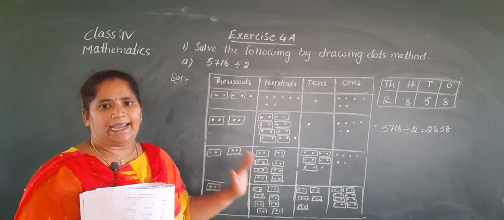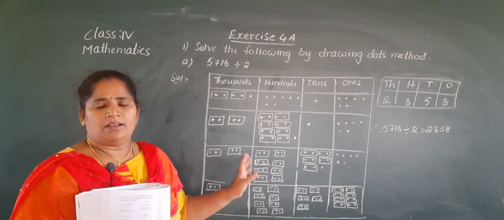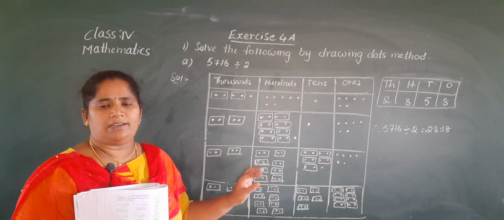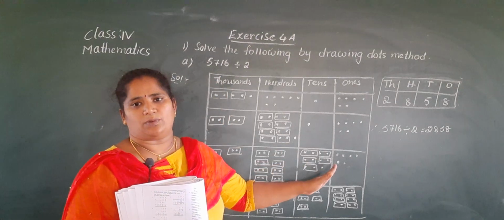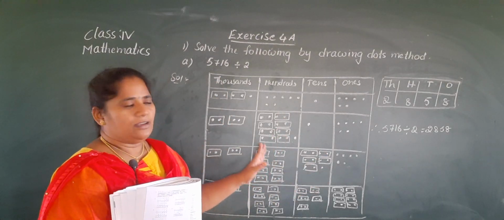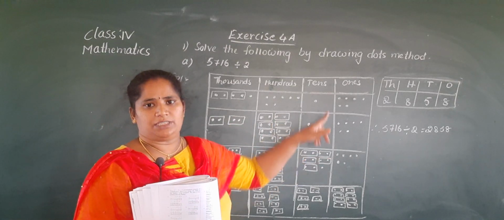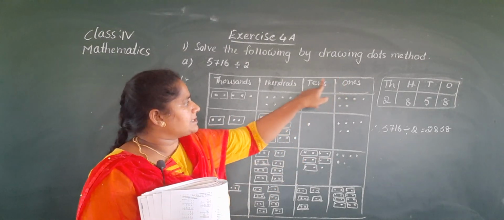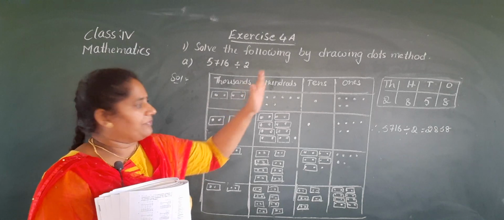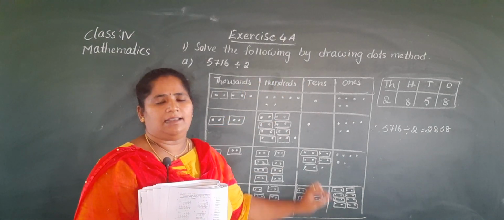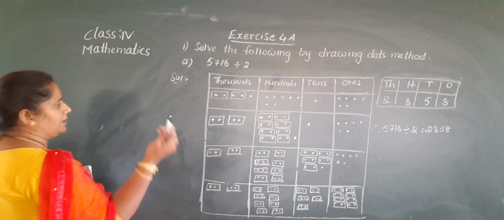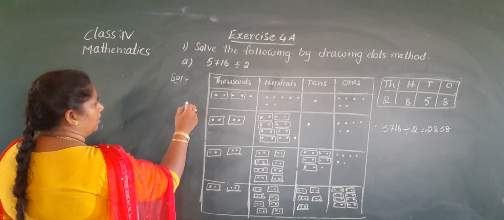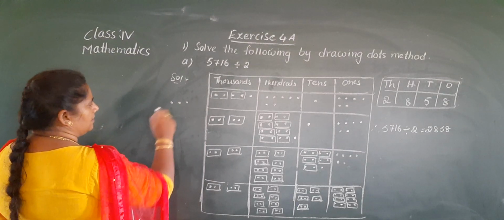So tomorrow also again I will explain this concept, Nana. Don't get big confusion. Try to understand it and you have to write neatly in your classwork, children. Use the pencil. Use the scale and pencil. First you write the places: ones, tens, hundreds, thousands. After you draw the lines with pencil and keep the dots neatly. Don't keep like this. Just small dots like this. Okay, ma?